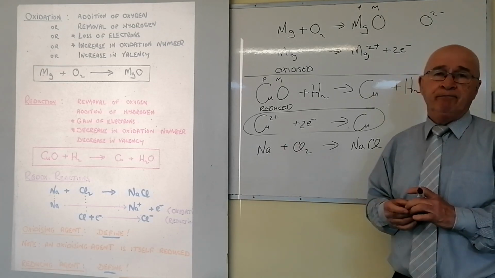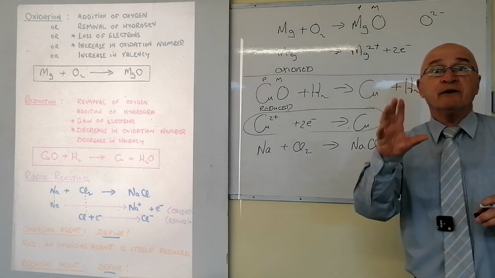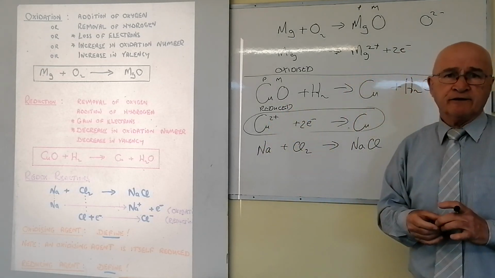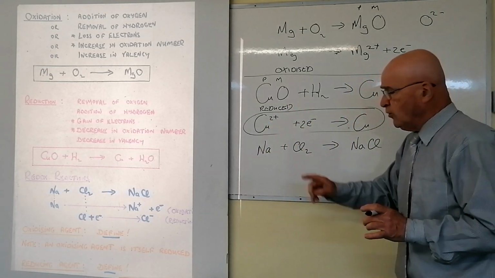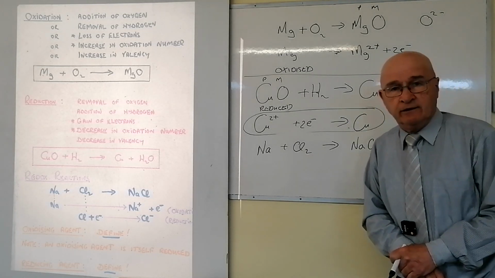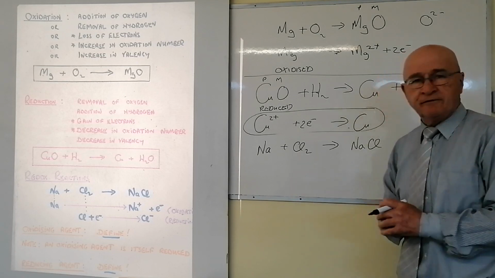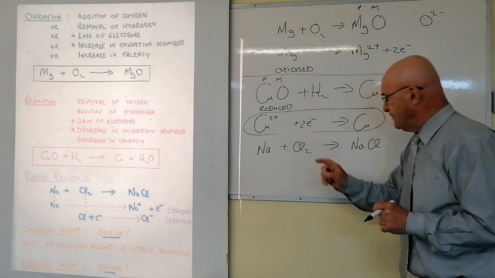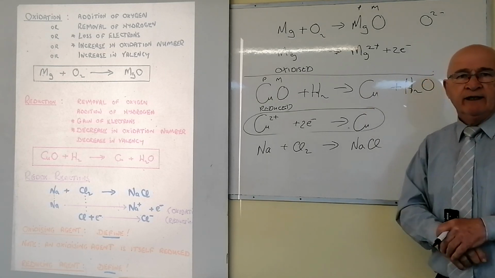Giving a yellow flame. If you were to put it into acid, it would be highly dangerous. It would be explosive. So that's a very, very reactive substance. Chlorine gas is highly toxic. If you were to inhale it, it would be fatal. Okay, it's very dangerous. Those two are very dangerous substances, yet when they react together, they produce something that we